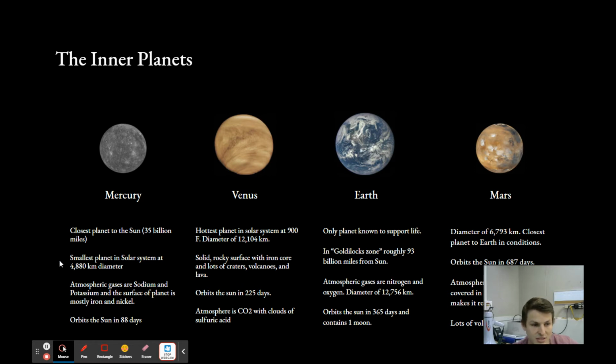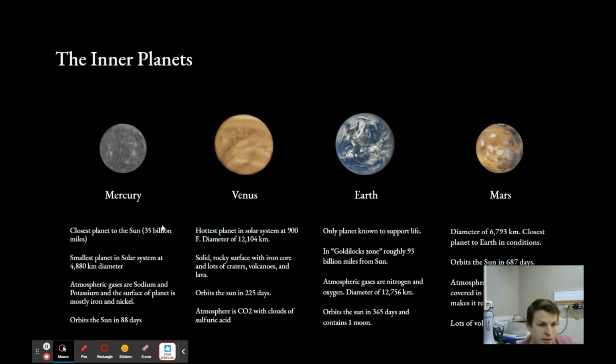Atmospheric gases, sodium, potassium. Surface of the planet is mostly iron and nickel. And it moves significantly faster in its orbit around the sun because of its close proximity to the sun. The closer you are to the sun, the faster that gravitational pull is going to pull you around the sun. And we'll talk about that later on. But it orbits the sun in 88 days, and it moves about 1.5 times faster than the Earth in its